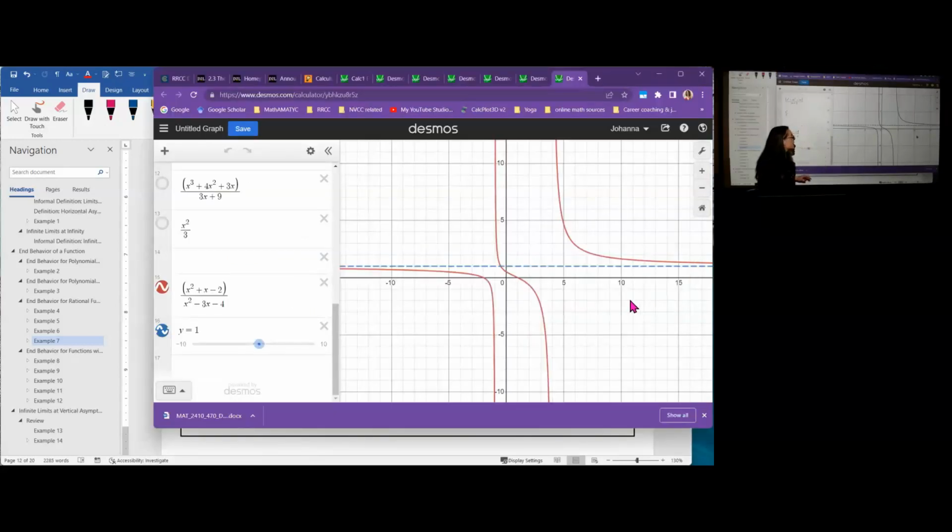When we look at the graph, we see the graph of our true function in red, and we see the horizontal asymptote here in blue. Now, I did not put in